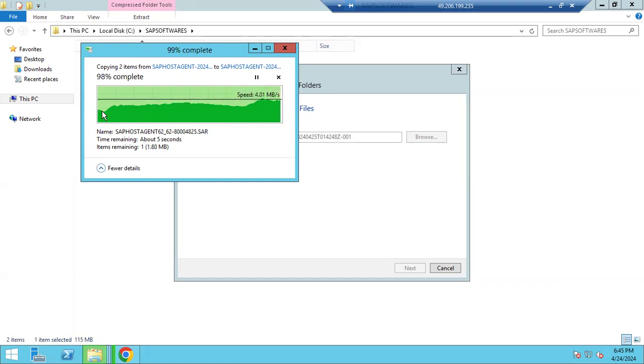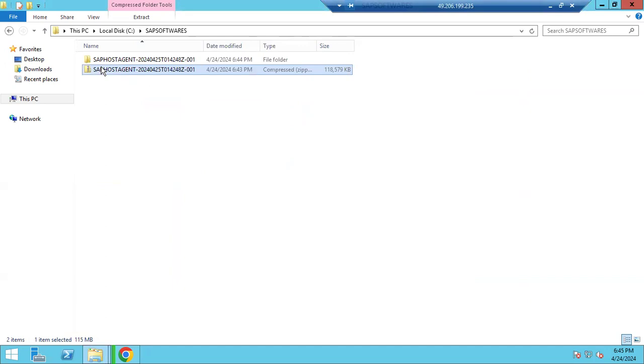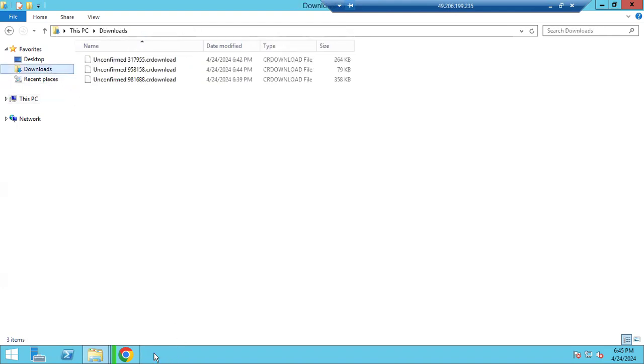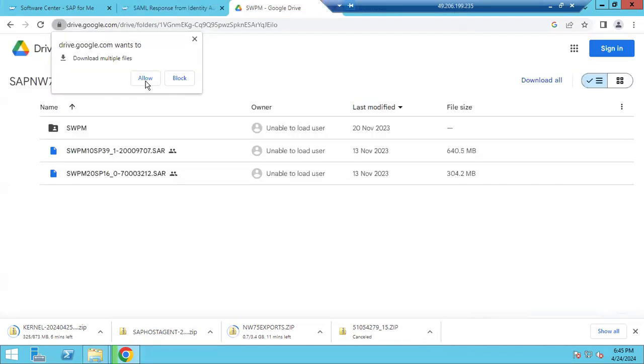You can see the SAP host agent is downloaded. This is the host agent file. The host agent file got downloaded. At the same time, the other three are in progress. It's taking time. Oh, this is 6 GB. We don't require this one. So what I can do,